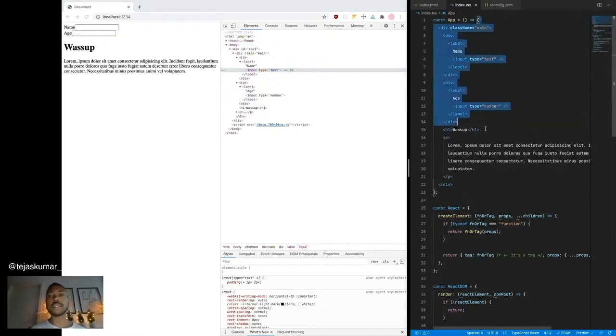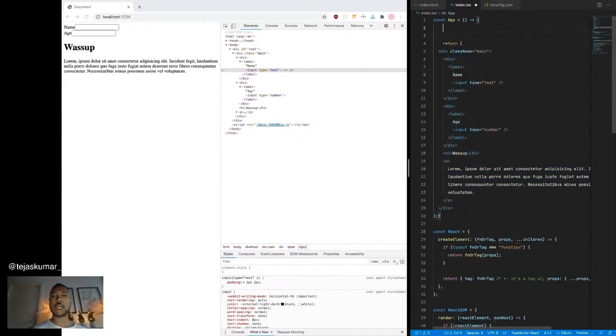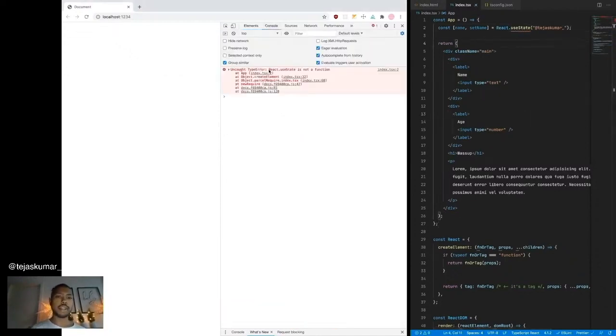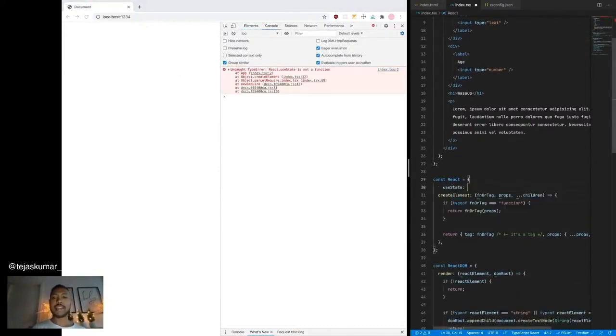Amazing. Now if we want to add some state, well, we would use a very familiar thing called the useState hook. So let's do name, setName, useState. Tejas. Let's use my Twitter name. How about that? Tejas Kumar. And it's React.useState, excuse me. It's exported from React. Okay, well, we have React.useState is not a function. I'm aware, thank you.